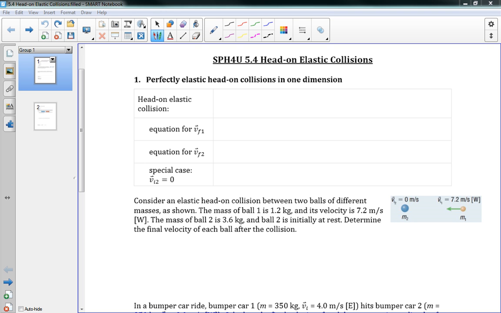Hello class. So welcome to 5.4 head-on elastic collisions. Our first section says perfectly elastic head-on collisions in one dimension. So first off, what is a head-on collision? Well, this is an impact where two objects approach from opposite directions